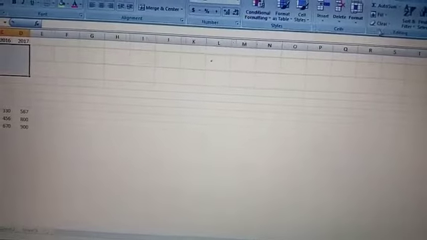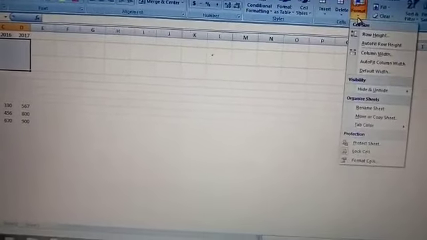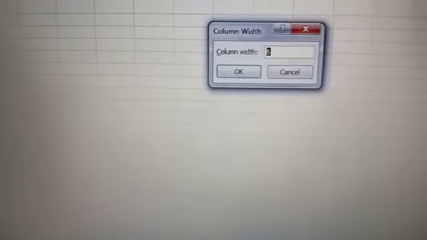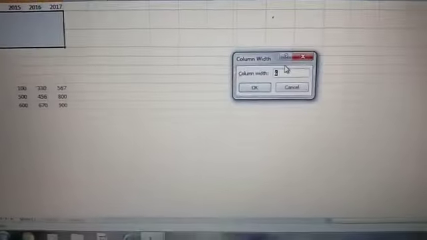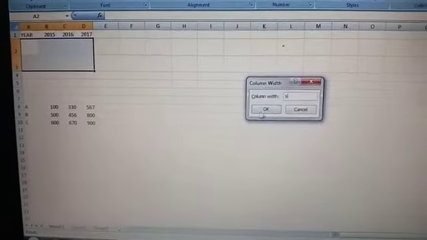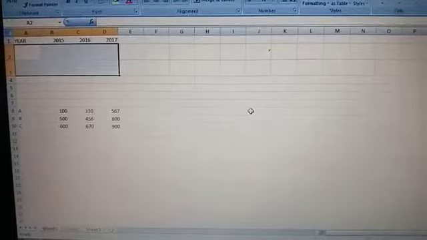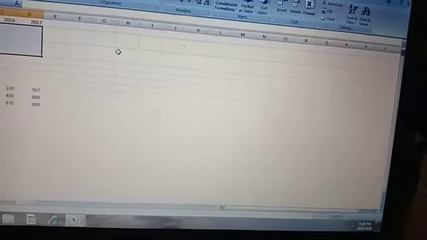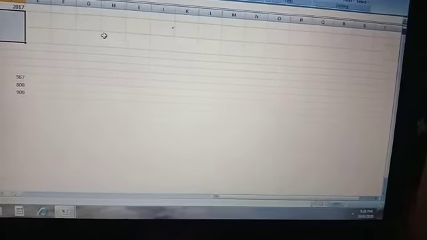Now same thing for column width. Suppose we have 6, so we'll make it 9. Press OK. Can you see? So this is the change in row height and column width.